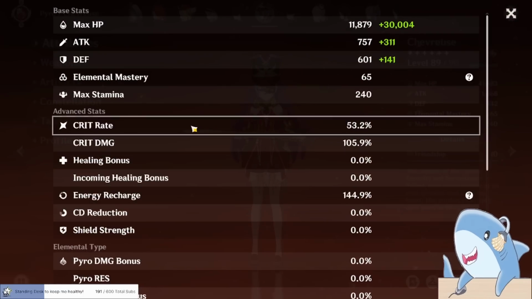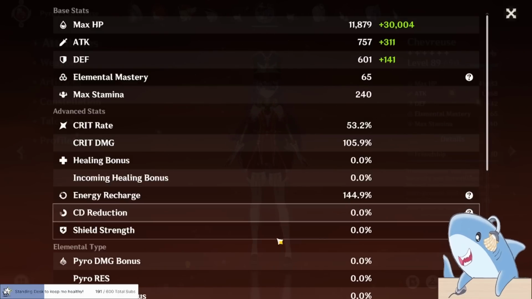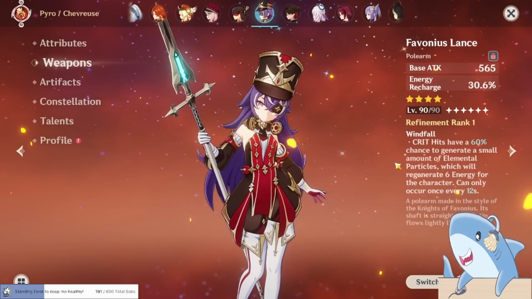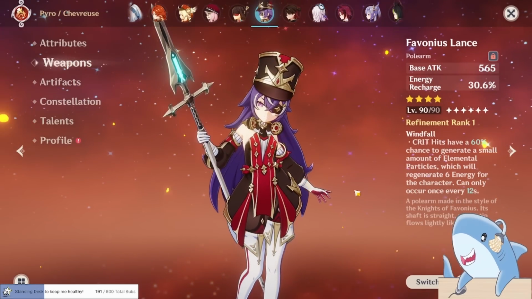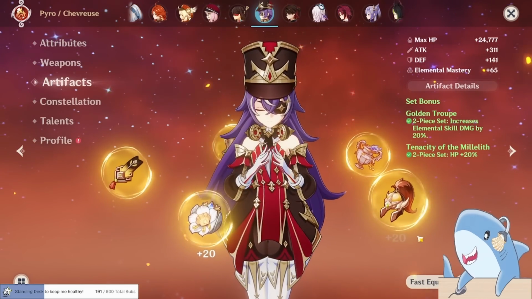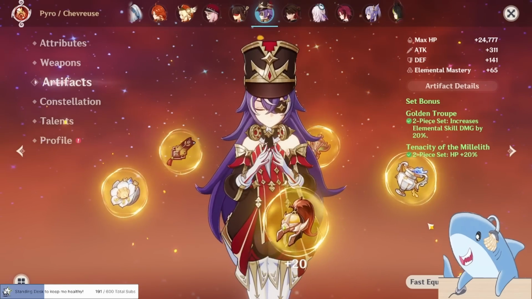She has 53 crit rate, 105 crit damage, and 144.9, aka 145% energy recharge, with no damage bonus there. She is using a Favonius Lance, level 90, R1, and she has 2-piece Golden Troop, 2-piece Tenacity of the Millilith. I was basically just going for artifacts that gave her HP percent because I did not want to farm Song